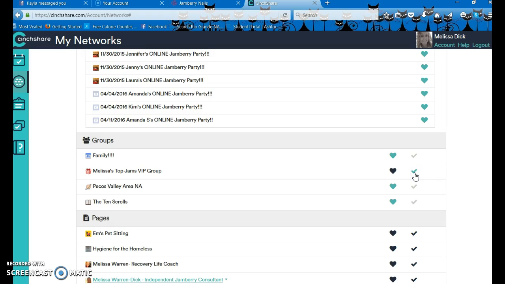That means that you don't want anything posted to that area. So we want to make sure that the check marks are black for the things we want to be able to automatically post to. And the hearts are black for the things that we want to be able to automatically post to. Okay. Down here at the bottom, I'm able to do my pages and post to those as well,